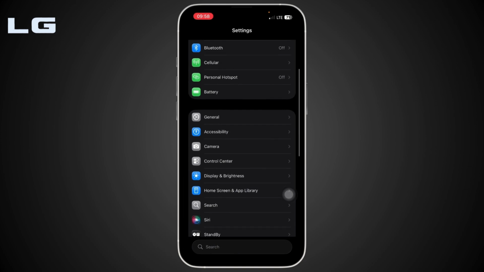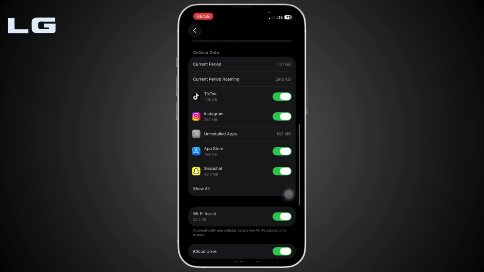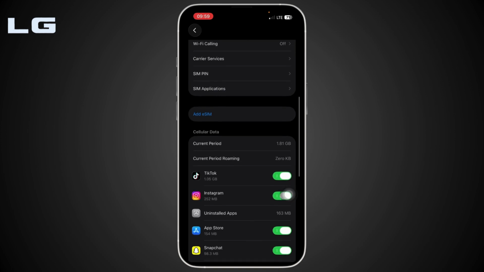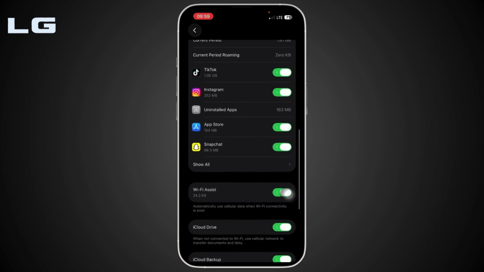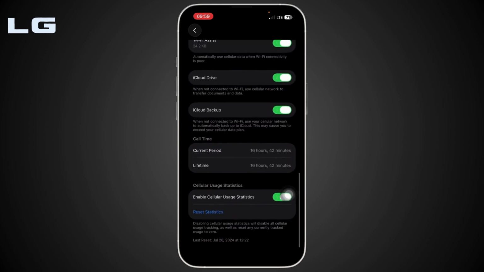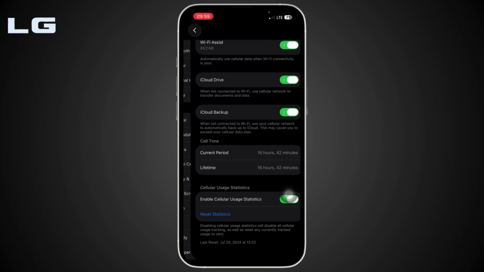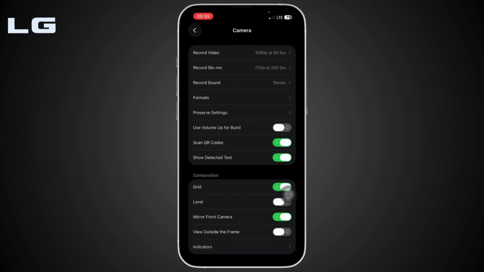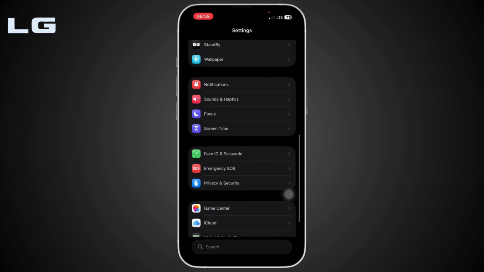If you don't see Cellular Data Network or Mobile Data Network right over here, then this means that your carrier does not allow manual APN editing. In that case, contact your carrier and ask them to enable personal hotspot on your plan or refresh your APN settings. That's it. Once they do, the option will appear